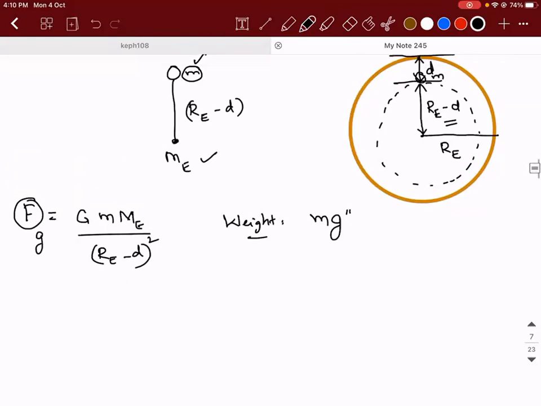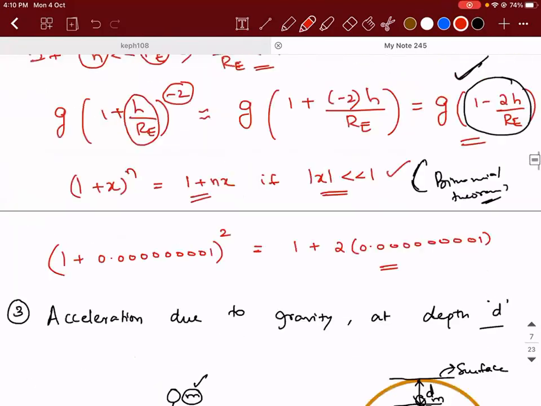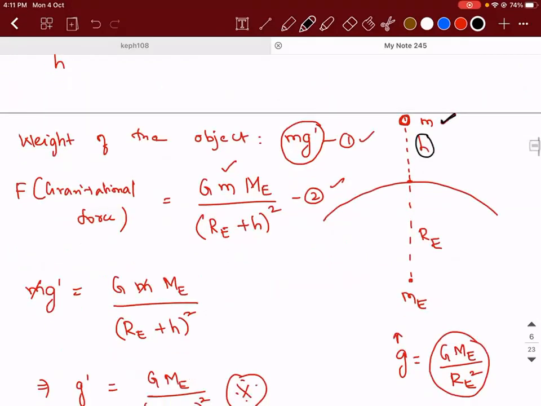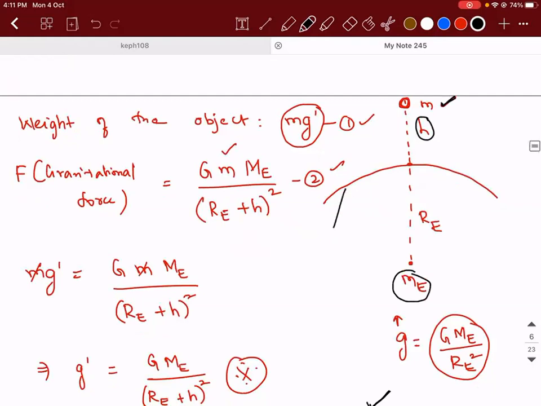Guys, did you understand what I did? Is everyone clear? Yes, sir. Right. But if I write something like this, I'm 200% wrong. Why? Because, see, in the previous case, the particle that you considered was at a distance h from the surface, accepted. So when you take this point, the whole mass of the earth is said to be concentrated at its center.